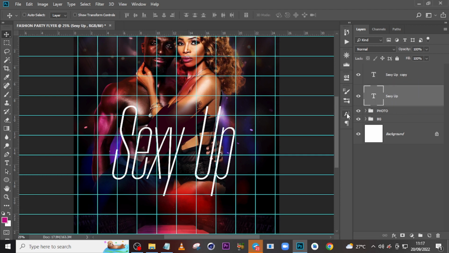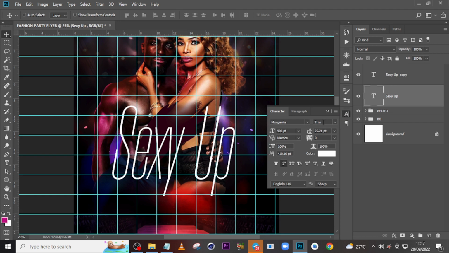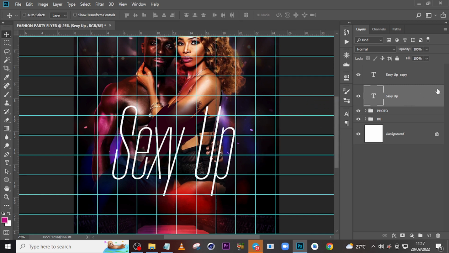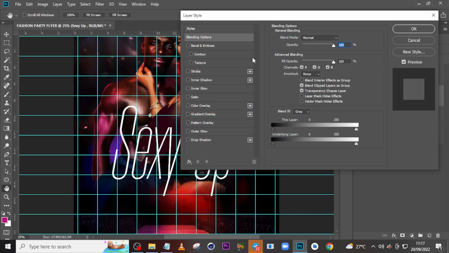Now, if you're wondering how I got this, here is 10, okay? Here is 9 zeros, and then here is 0. Make sure here is 100, then here is 100, and it's italics, color white. That's all. Now, double click here so that we can go to the layer styles, and then we'll start working